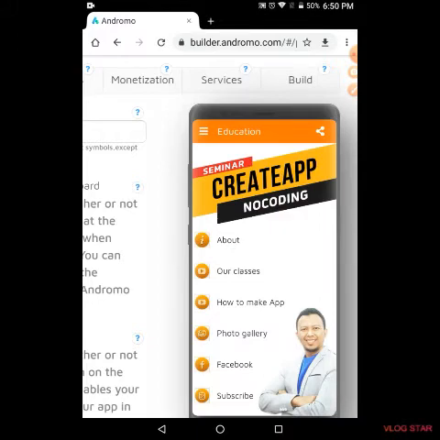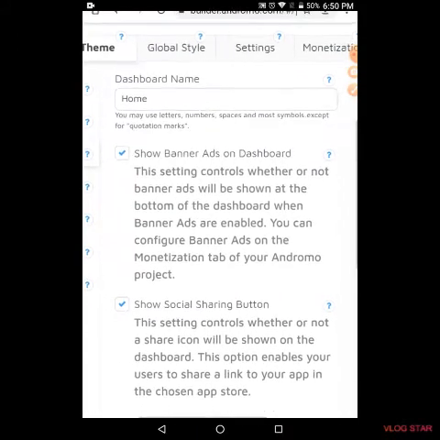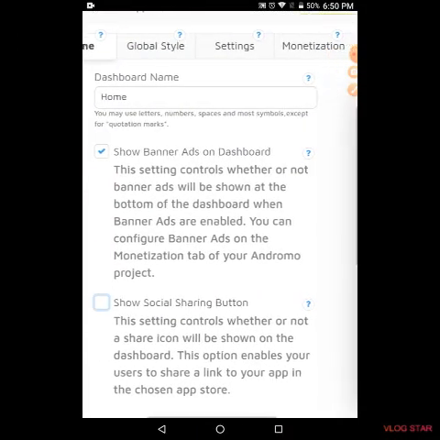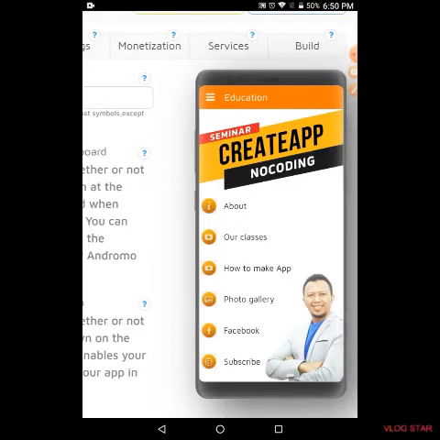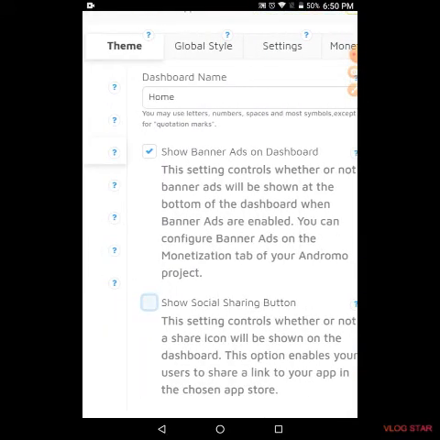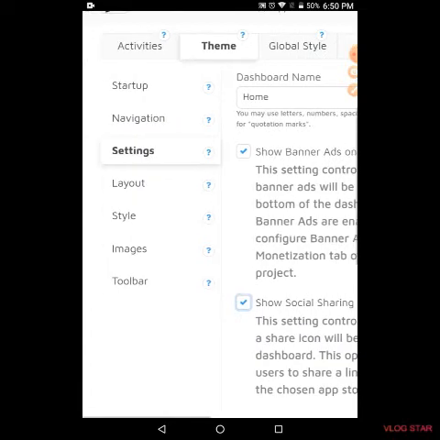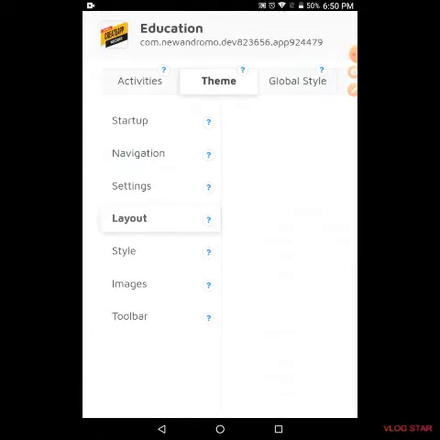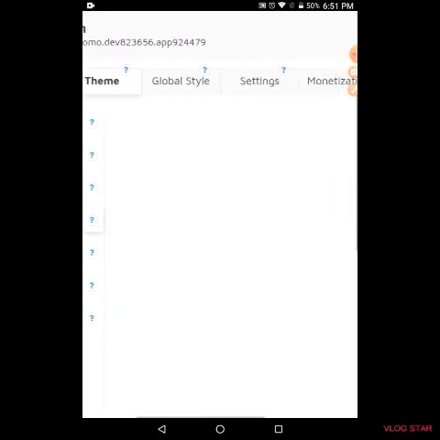The social sharing button is for the sharing of your app. If you don't want to include the social sharing button, you can remove it by clicking on undo the tick. After that, we'll move to the layout.